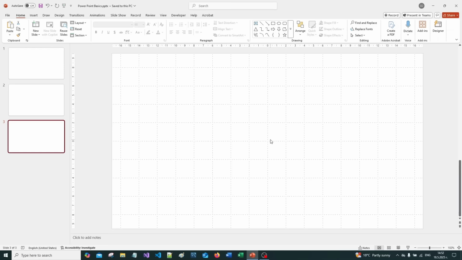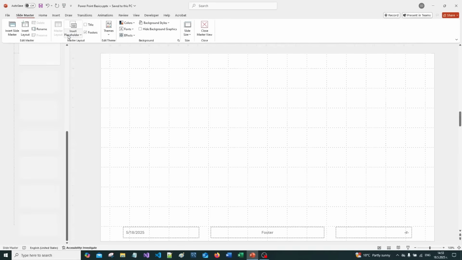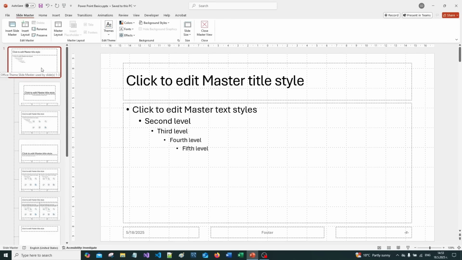In order to do this, you can go to the View menu here and select from it Slide Master. When you click on this button, we will see on the top there is a slide which is called Master Slide, and whatever option you select or put here will be automatically applied to all the slides in your